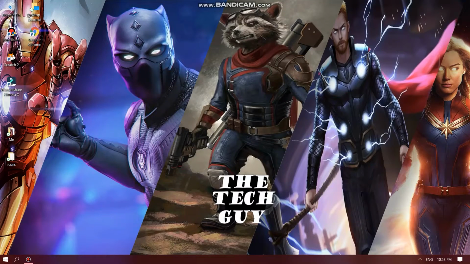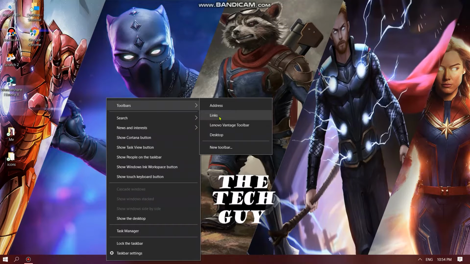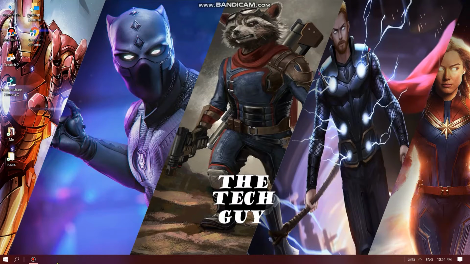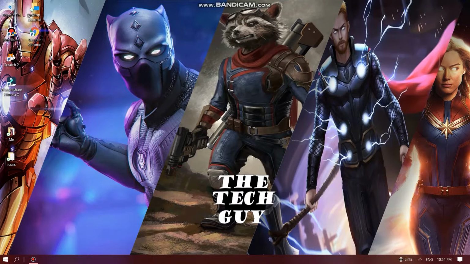So as the first step, you should enable links in your taskbar. To do that, right click on the taskbar and go to toolbars and enable links. Make sure that you have unlocked the taskbar. After that, drag links right like this